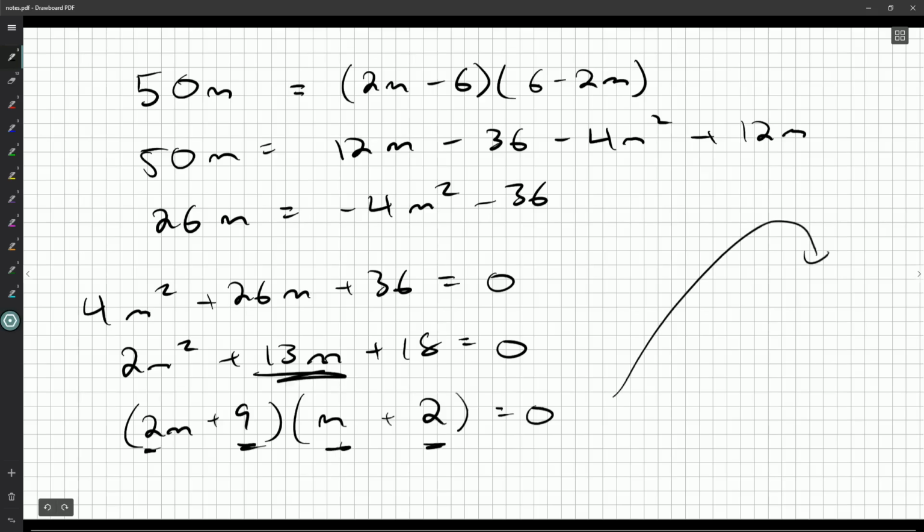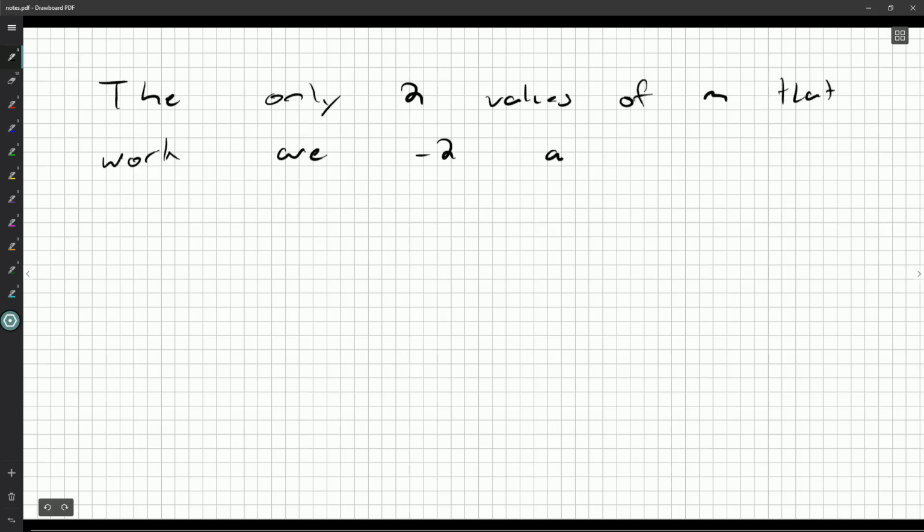So there we go, and from here I can see m is negative 2, or 2m is equal to negative 9, so m is negative 9 over 2, or negative 4.5 if you want to. I would probably summarize. The only two values of m that work